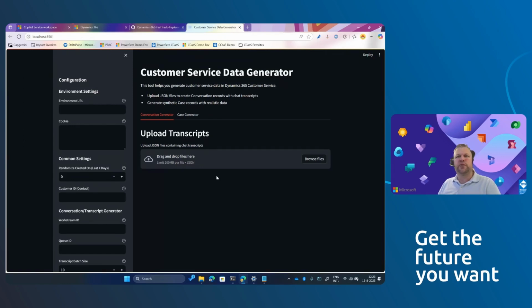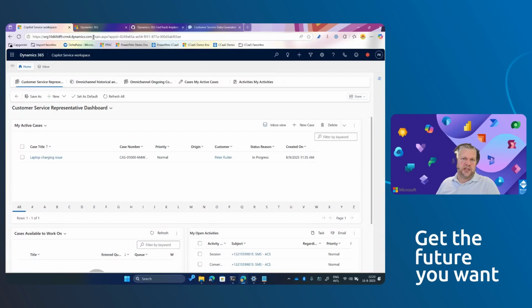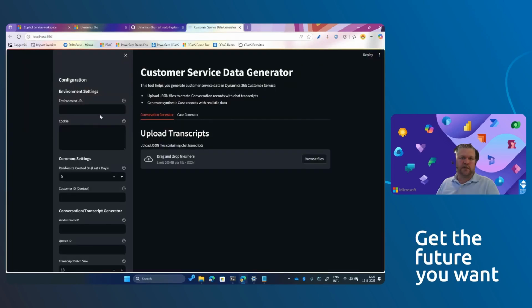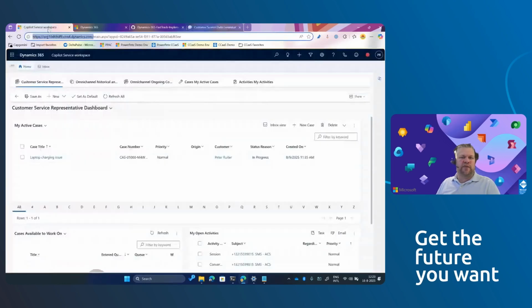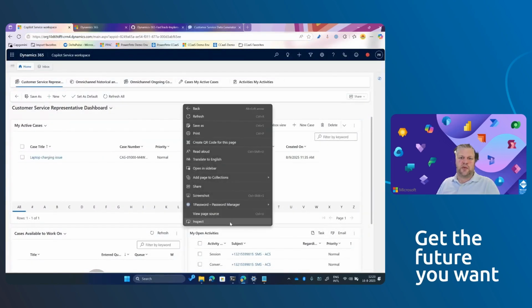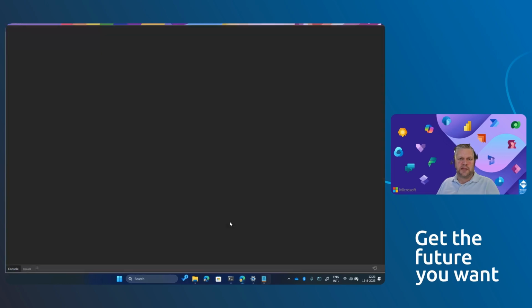Now we need a few things to actually start and generate everything. We need the environment URL. That's easy. That's the first part of this. The environment URL. I need a cookie, and the cookie you can get from a request. So from any request. If I go to inspect, I'll get my